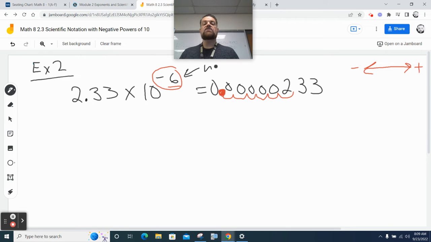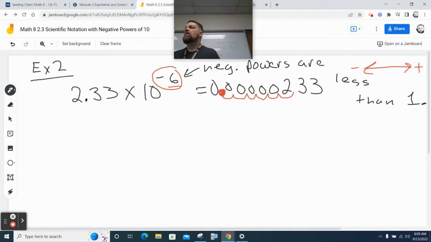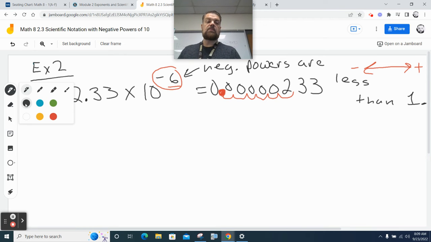So negative power, let's write that down so we don't forget. Negative powers are less than 1. Okay? Positive powers tend to be greater than 1. Or, yeah. Let me think. Yeah. So if you have a positive power and you move the decimal, it should be greater than 1. Okay? And that is basically it. Now, let's talk about